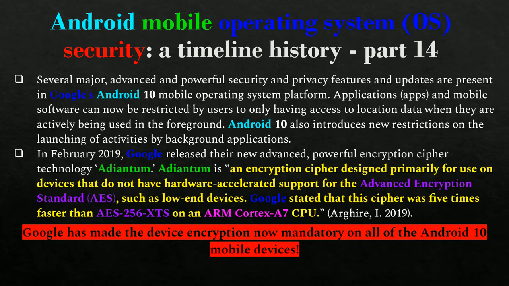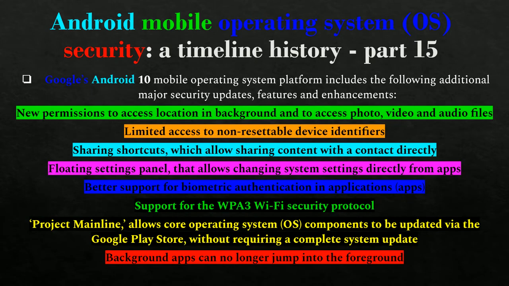So the big takeaway for Android 10 that was introduced is that encryption was better handled, meaning it could better handle 256-bit encryption, because the 256 requires a bit of computing power. What Android 10 does made it easier for lower end devices to handle this, and with this iteration of Android, it became a requirement, mandatory for all Android 10 devices to use device encryption.